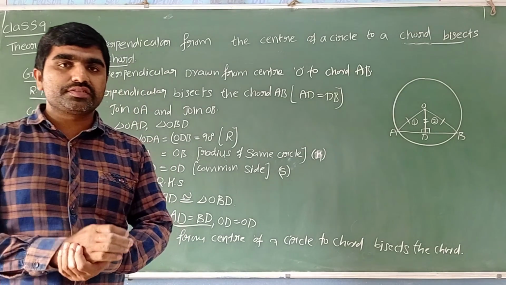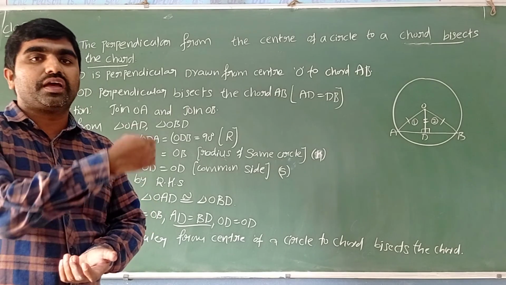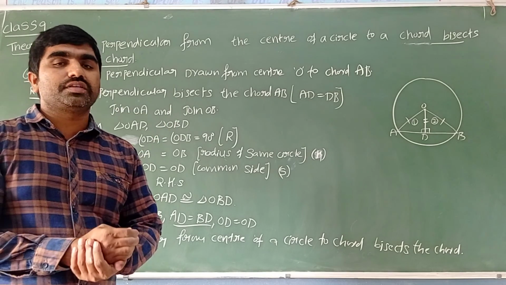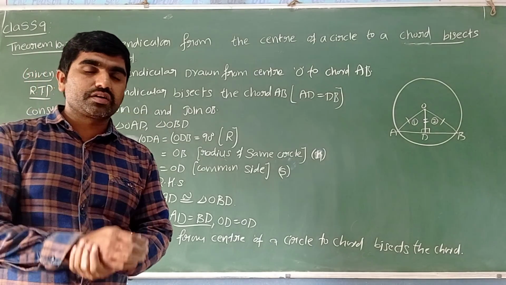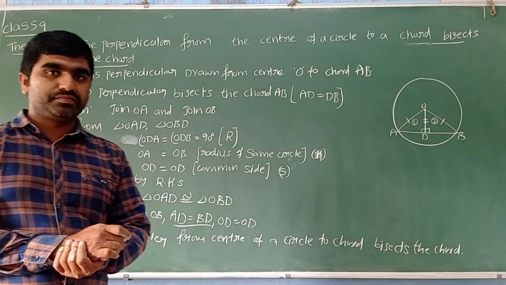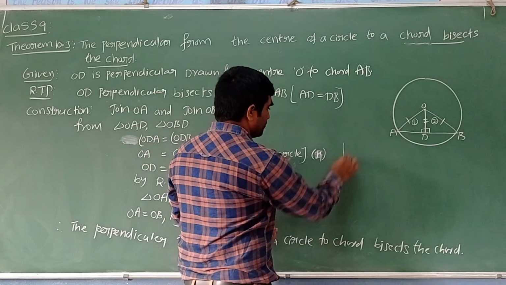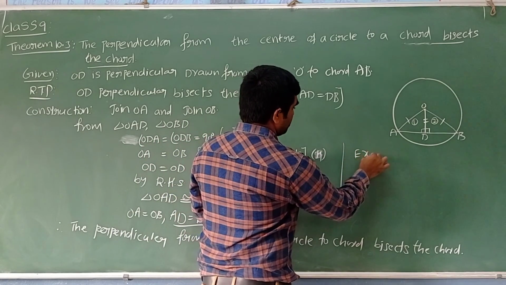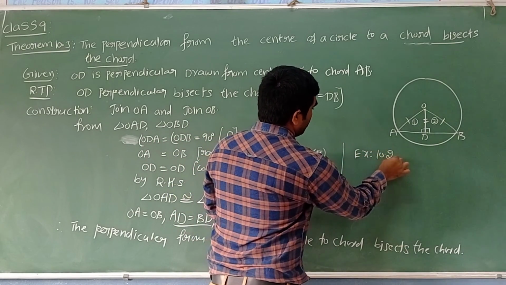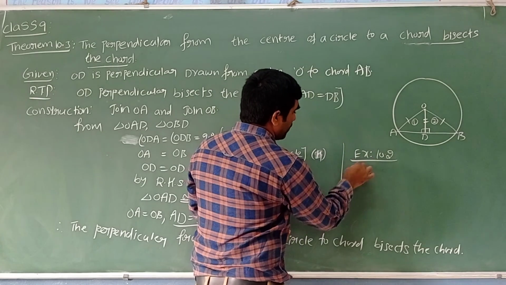Today we learned what is the angle subtended by a chord at a point, and also we learned some theorems about the length of the chord and angle at the center. Hope this concept is clear for everyone. Based on this knowledge, from exercise 10.2, you can complete the second question as homework.